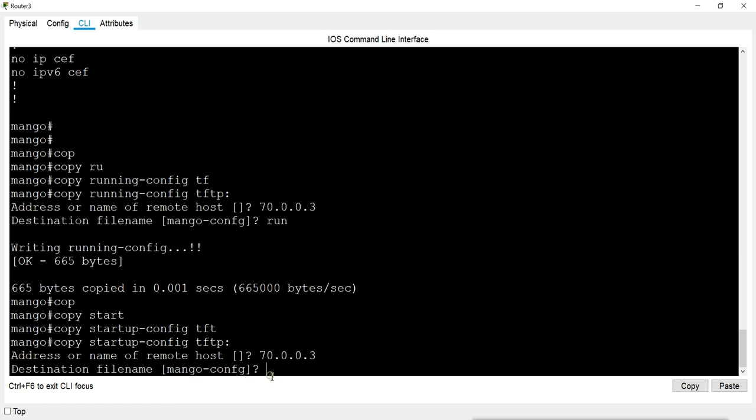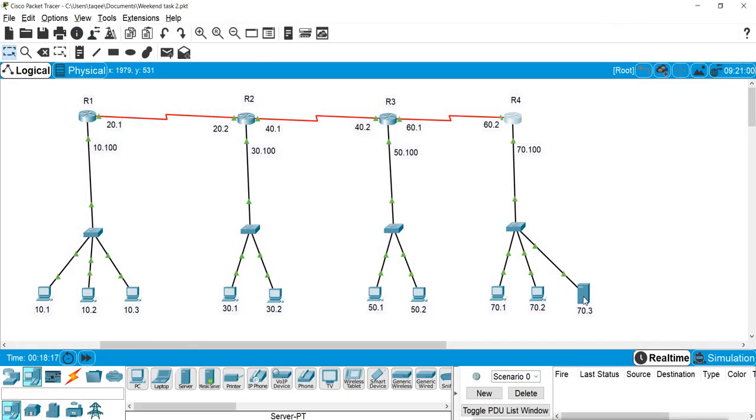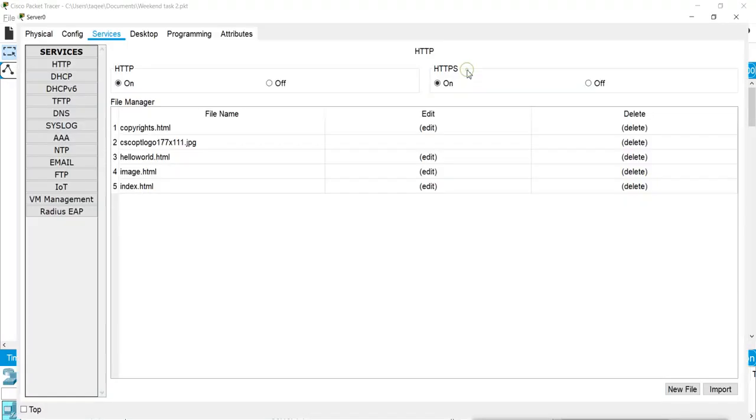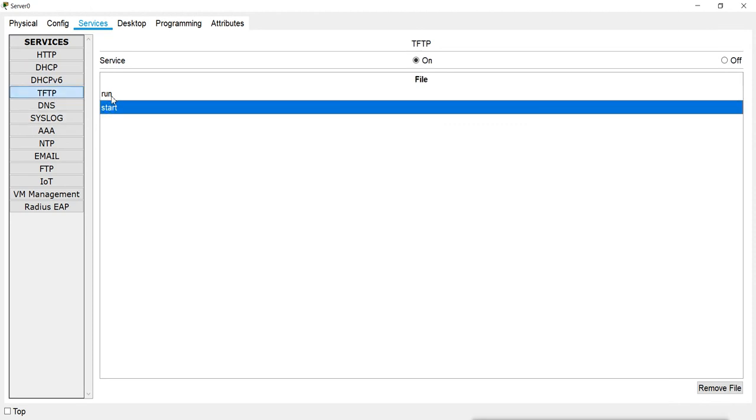So I will say this is my startup. You can give any name. You can mention the name with the time, date and all that. Now it is also saved, and we can check in our server. So I go to the server and I go to TFTP, and I can see the startup file also.